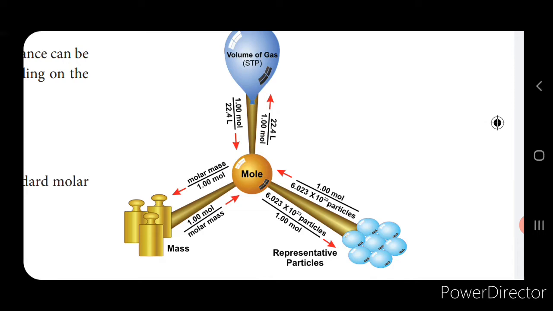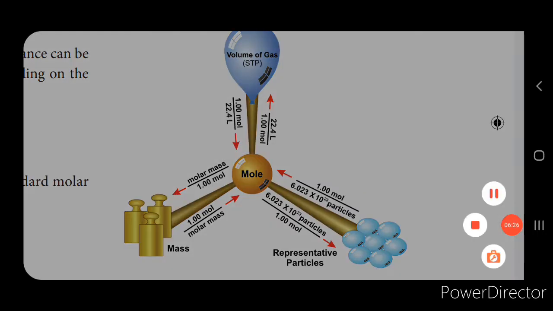Now if it is in terms of atoms, I will use this formula, that is number of moles is equal to number of atoms divided by Avogadro number, that is 6.023 into 10 to the power of 23. Now if it is in terms of molecules, that is number of moles is equal to number of molecules divided by 6.023 into 10 to the power of 23. So there are 4 formulas of the number of moles with which you can calculate whether it is an atom, molecule, or the particles.